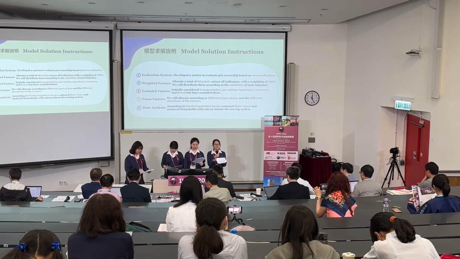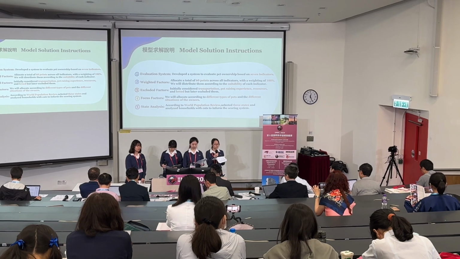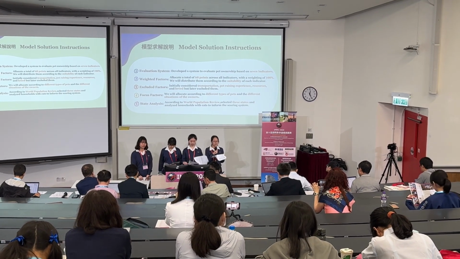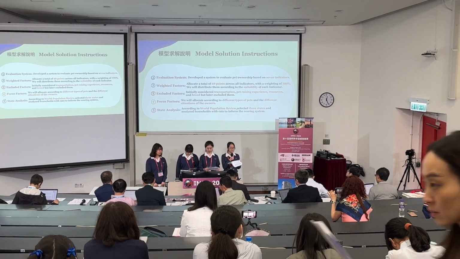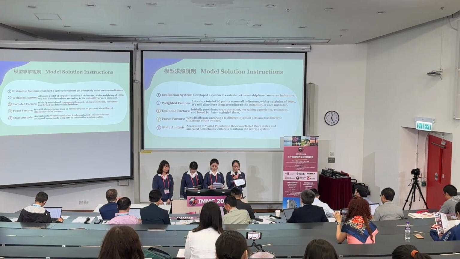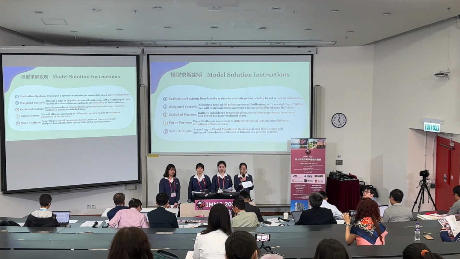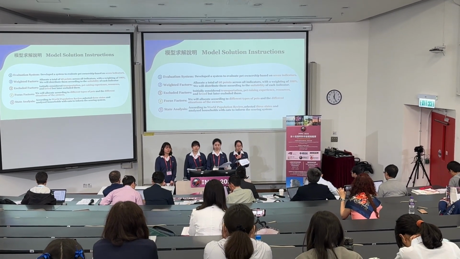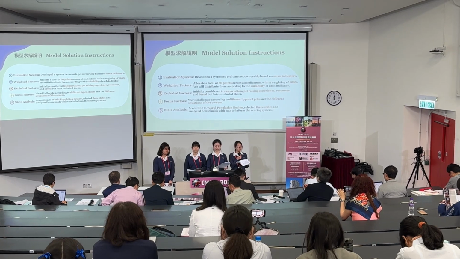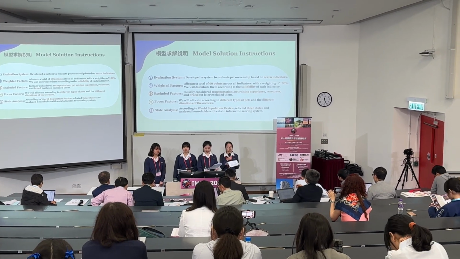Based on the indicator dimensions, we use the AHP method to calculate weights and assign points. The third point involves eliminating 4 indicators due to their complexity. Next, we assign different points based on different pet owner scenarios. Lastly, we simulated our model using data from 3 states according to this website.